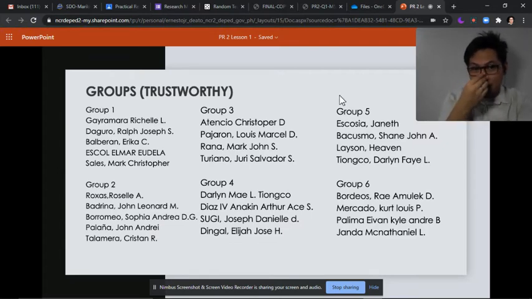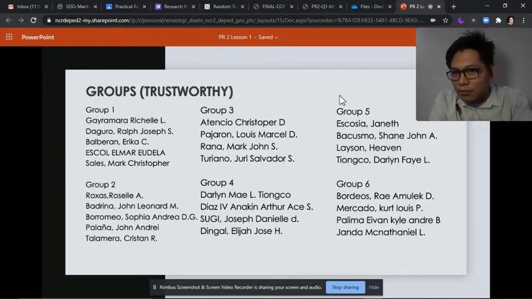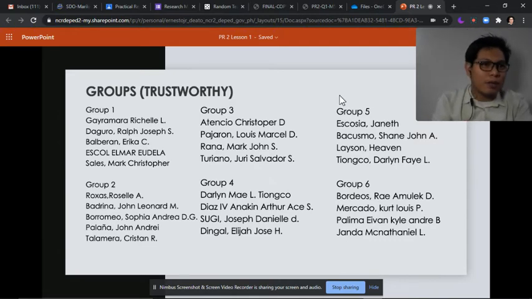Group 5. So kung meron pa po ditong modular sa mga nakalista dyan, so again, si Valveran and si Escocia po are not included in group 1 and group 5. Tinanggal ko na po sila dyan kasi sila ay modular. So, oops, kukulangin pala yung group 1. Sige, yung group 1, update ko kayo kung sino yung dagdag na member ninyo.